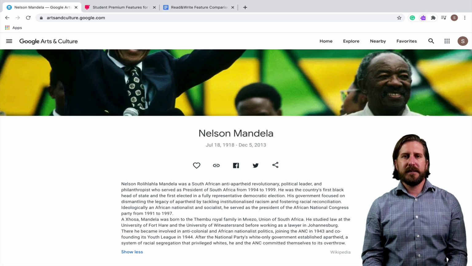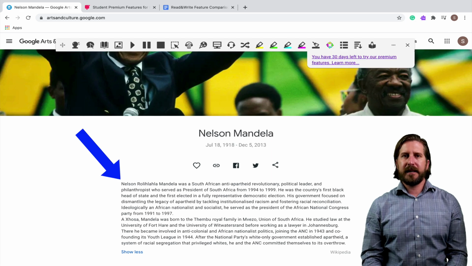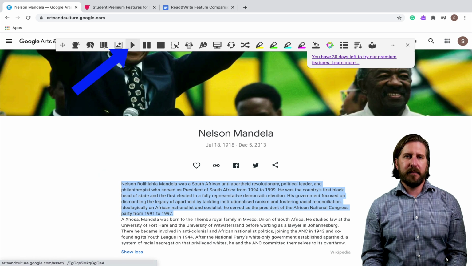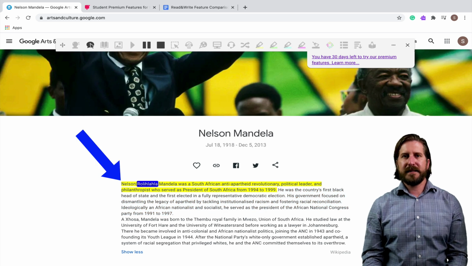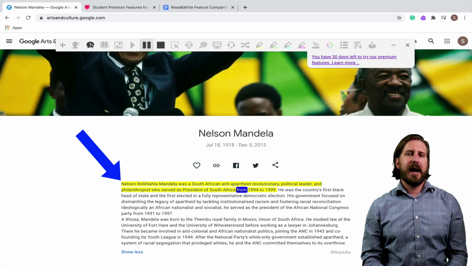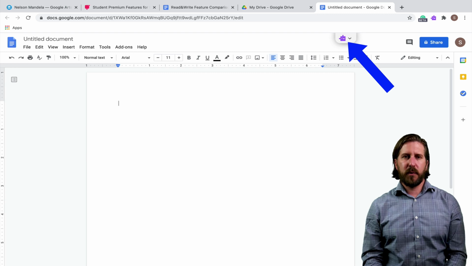All students would need to do is click on it, select the part of the text where they want the read aloud to begin, and then click play. Although it does read the text aloud to them in a robotic voice, it's not all that bad, and it's a very useful tool for students who are having some difficulty reading the text on their own. There are lots of useful premium features in Read and Write as well.